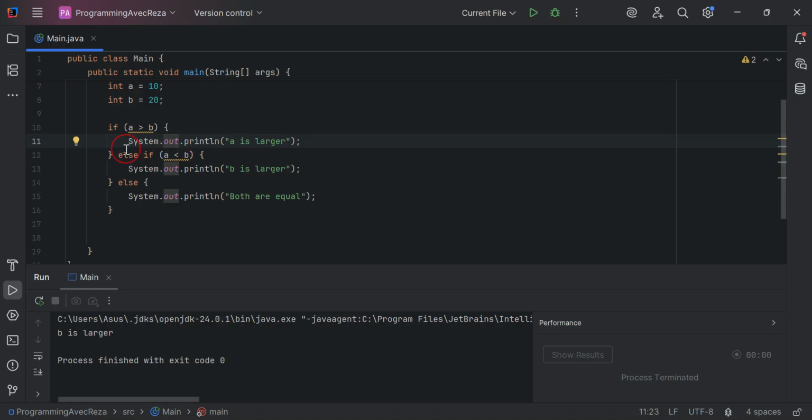Else if a is less than b, and if this part is true, print b is larger, as you see here. And if neither of these two conditions is true, simply go to the else part and print both are equal. So now that a is 10 and b is 20, is 10 larger,